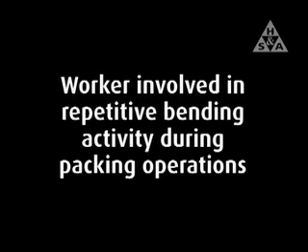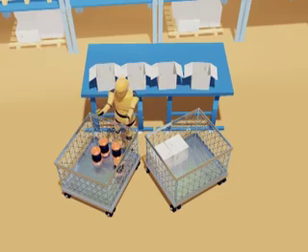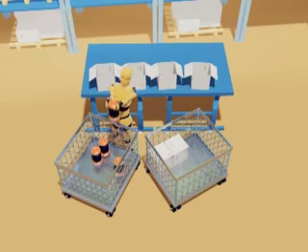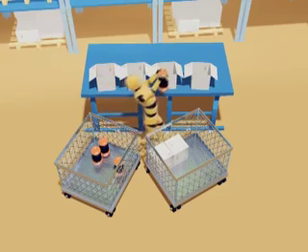Manual Handling Risk Assessment Case Study 8: Repetitive Packing Operation. This case study shows a worker involved in repetitive bending activity during packing operations. The worker bends down to lift a part of a cage, straightens, turns, and then transfers the part to a